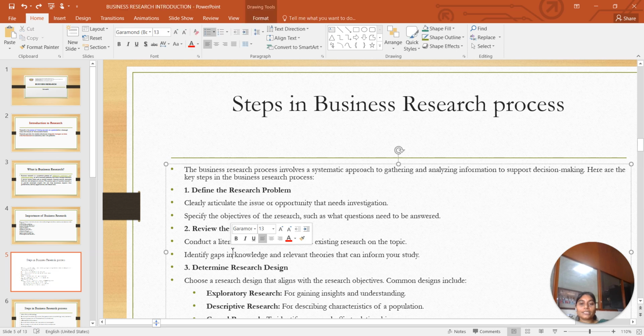answered. The next step is the review of literature, which means conducting the literature review, understanding the existing research on that particular topic, and identifying the gaps in knowledge and relevant theories that can inform our study. Then determine the research design. Choose a research design that aligns with the research objectives. Common designs include exploratory research, descriptive research,